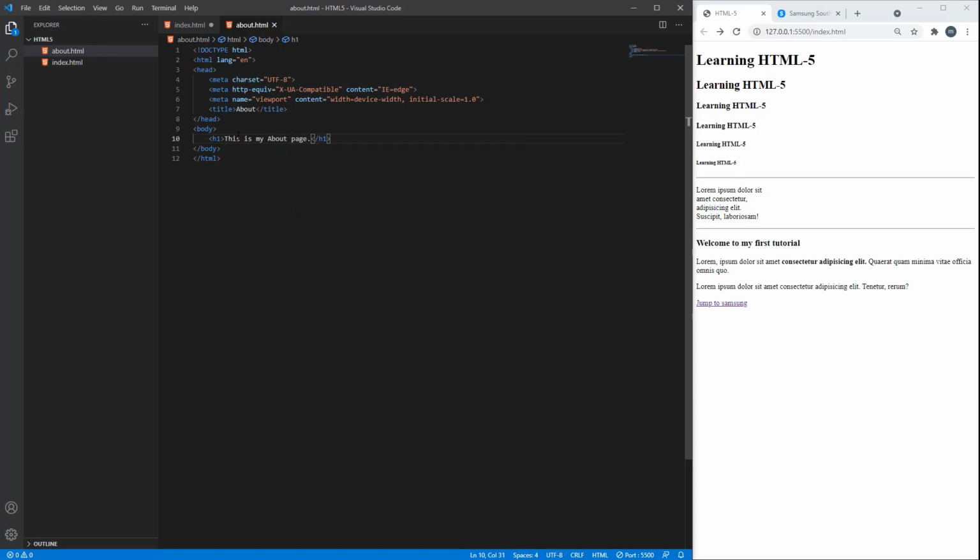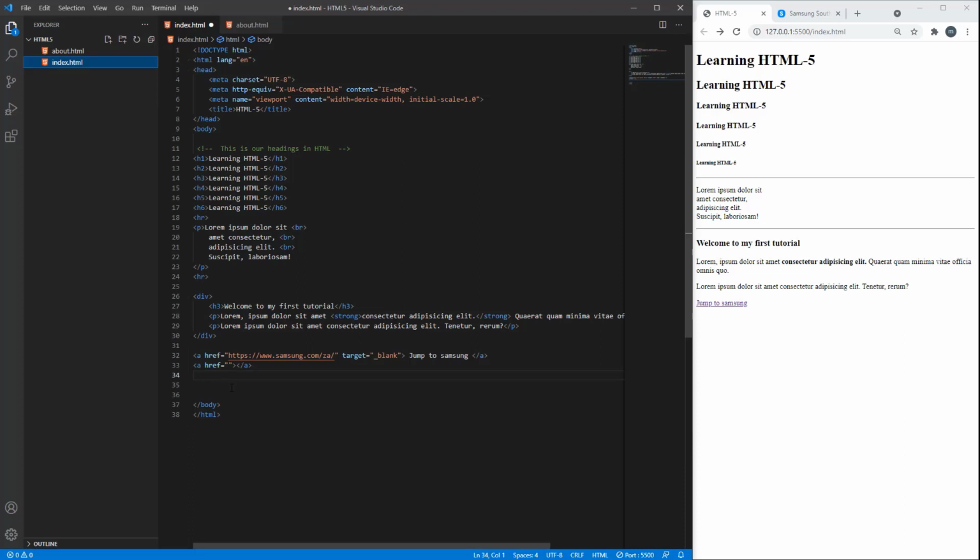Save our changes. Now when we go back to our link, remember that we're now specifying a relative URL. Because the about.html web page is within the same folder directory or the root directory, we can just type about.html